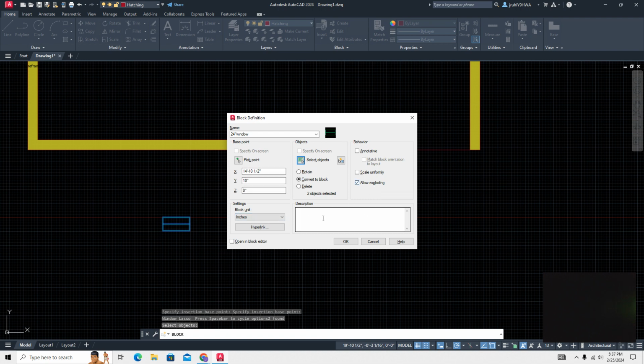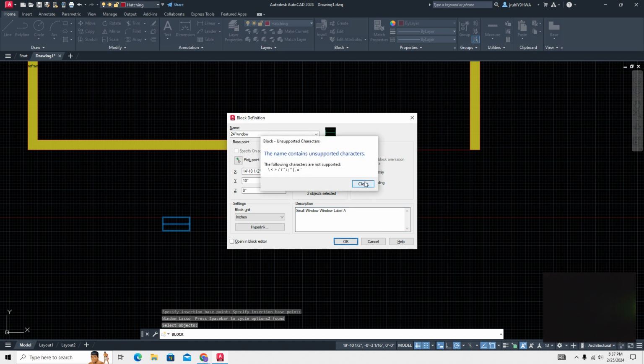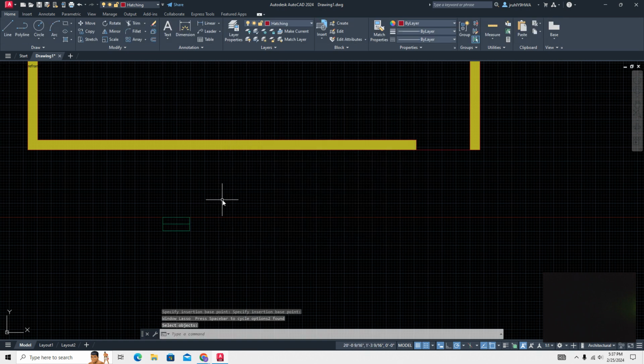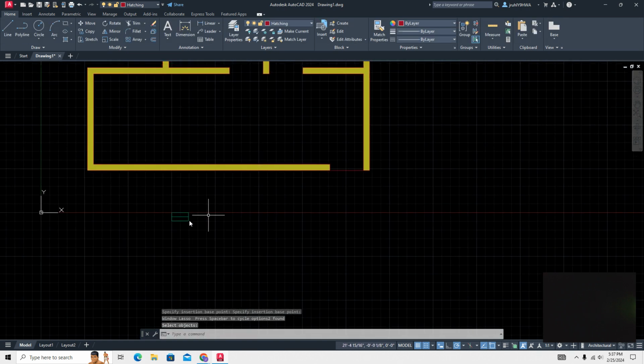It's in inches. Like you could say small window or window label A, like whatever it is on that thing, right? That's what I messed up. Oh, I can't have that. Let's call it a 24 window. See if that's okay. All right. So why did I do that? Because now if I delete this thing, I can go